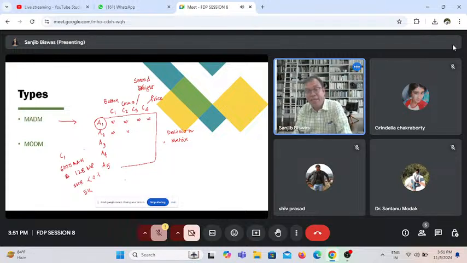But I don't have any choices. I don't have any alternatives. I only have the conditions. Now, with respect to this condition, if I design a particular alternative or a choice, then it is a problem of MODM. So in the case of MADM, these are called criteria, and I have alternatives I have to select. In the case of MODM, these are called objectives, so I have to optimize multiple objectives to make a decision. That is the difference between MADM and MODM.